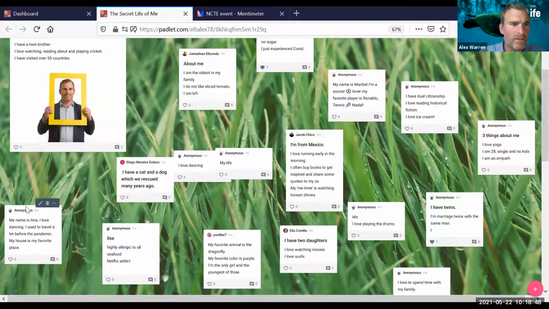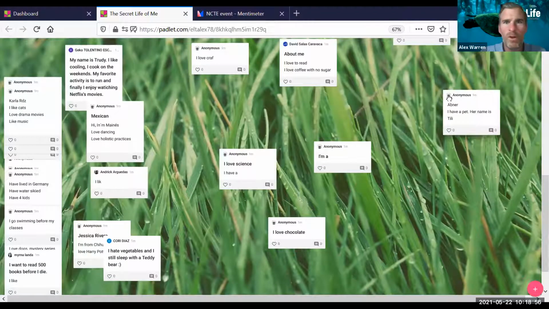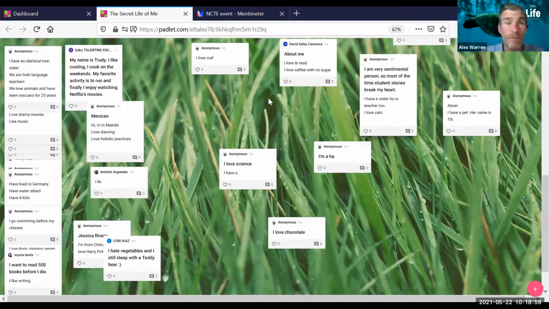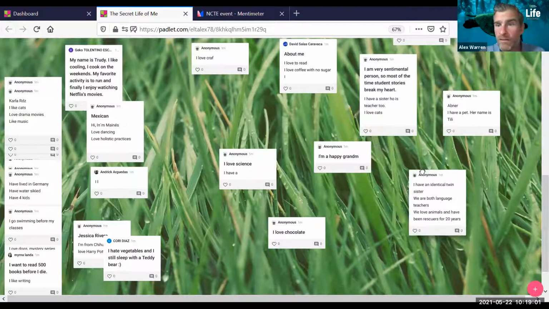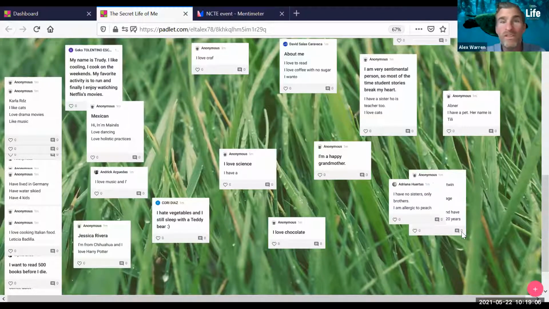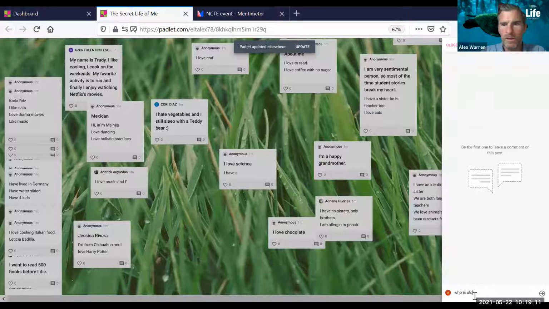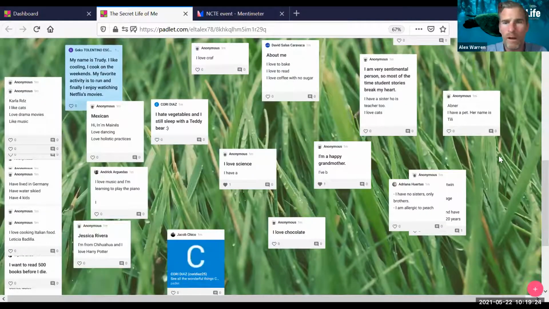Okay, I'm trying to read as many of these as I can. Amazing. So I'm learning all about you, even though we are a long, long way apart from each other. Because I didn't say this, so I'm coming to you from the UK today. Oh, well, I've got somebody who has an identical twin sister. Fantastic. But which is older? I'm going to ask there in the chat box, who is older and how many minutes? There's little things like this, right? It's quite interesting, and it just helps you get a sense of who people are.